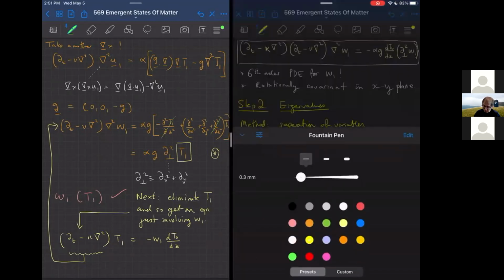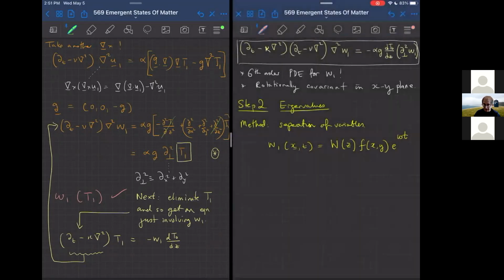Now, for reasons that will become clear as I go through the calculation, we're going to want to put a constraint on this function f of xy, just like we usually do when we have separation of variables. And so I'm going to insist